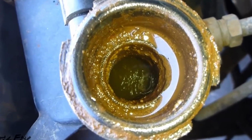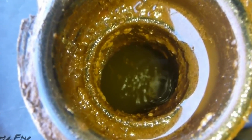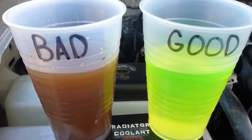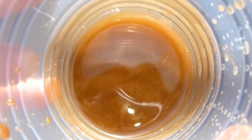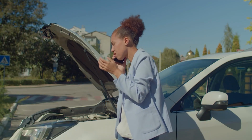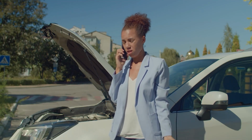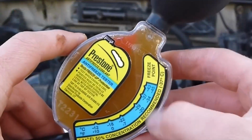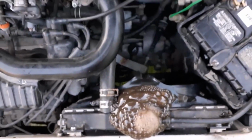Welcome to this informative video on the symptoms of worn-out coolant in your car. As a car owner, it is important to understand the signs of a coolant system that is in need of attention, as failure to address these issues can lead to costly repairs down the line. In this video, we will cover the 3 most common symptoms of worn-out coolant, including engine overheating, low coolant levels,